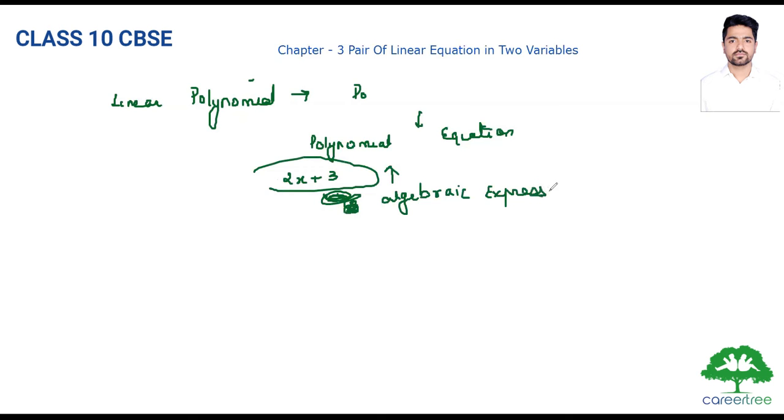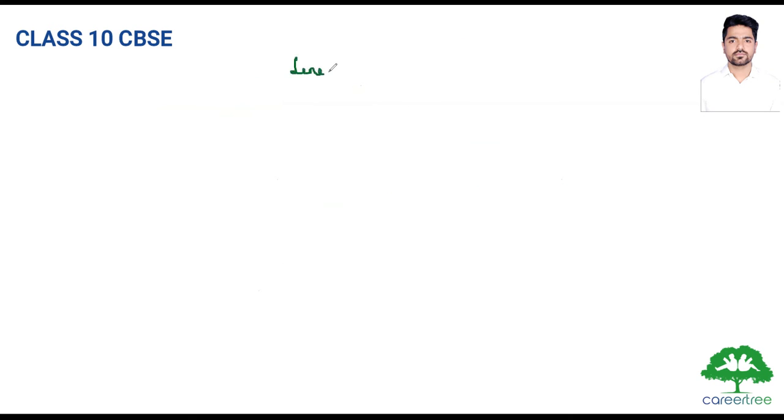So linear polynomial in one variable we have studied long back, in 9th also. The general form is ax plus b. Now when we talk about a linear equation in one variable, the general form is ax plus b is equal to 0. Now when we say linear equation in two variables,